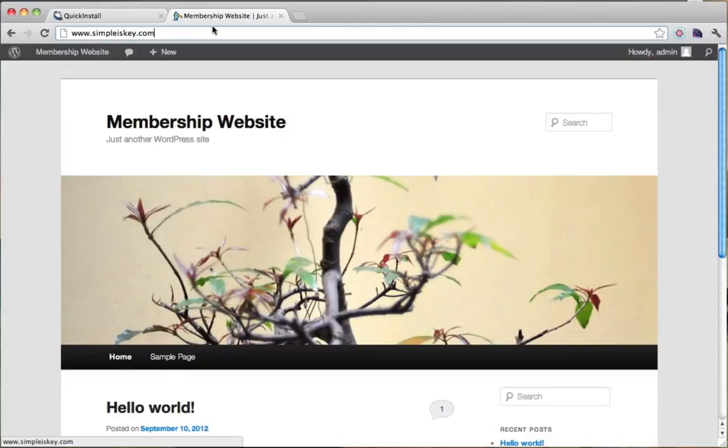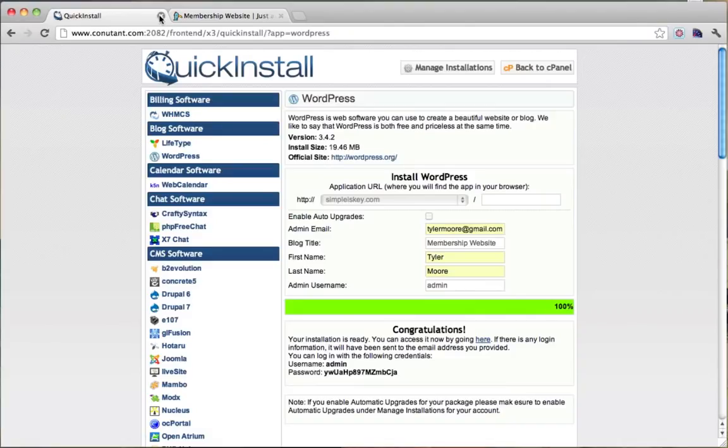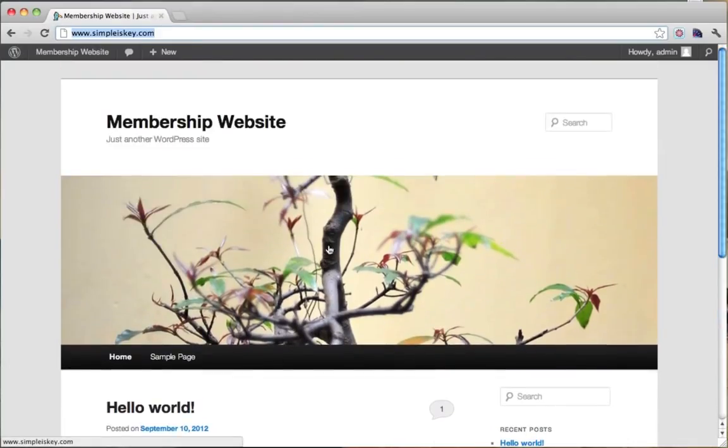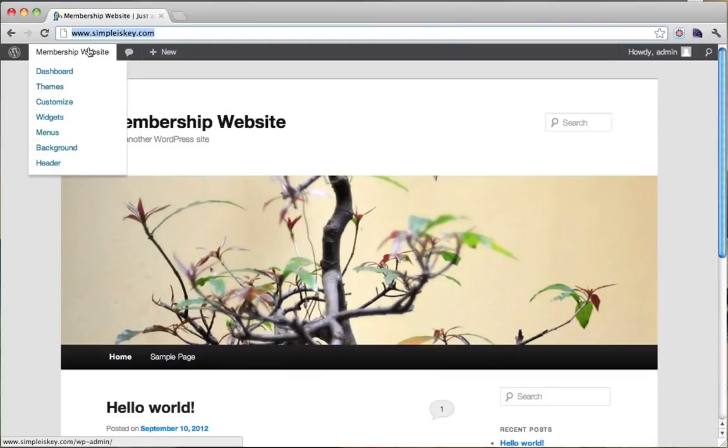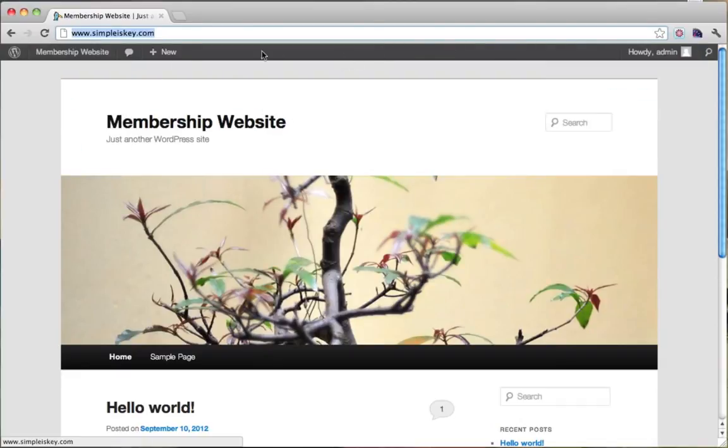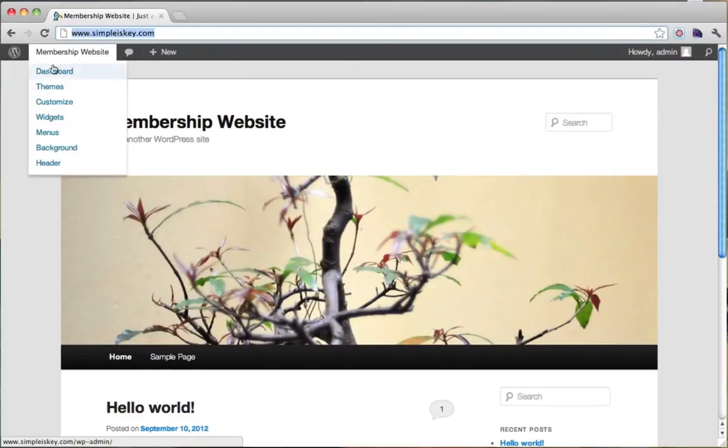The next thing we're going to do is install a theme because we don't like the looks of this theme. So let's close our quick install and let's download a new theme. So if we go to our dashboard again by just hovering over here and click dashboard, and just remember this bar is not here. It's only here when you're logged in. So your users aren't going to be able to see this bar. So just hover over membership, click dashboard,